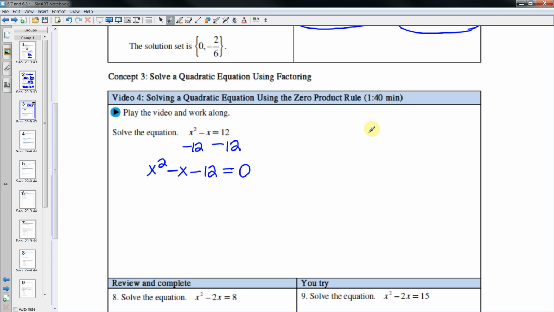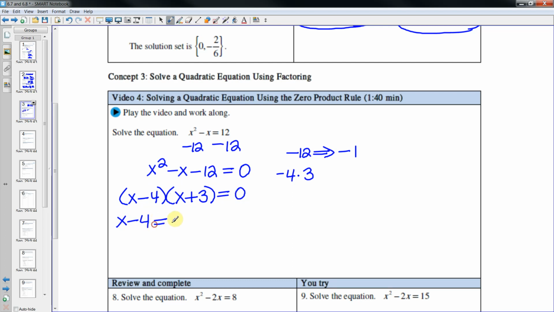Second step was factoring. So I need to find factors of negative 12 that add up to negative 1. And so that would be a negative 4 times a positive 3. Negative 4 times a positive 3 adds to get a negative 1, multiplies to get a negative 12. So if I'm going to factor this, I'm going to have an x minus 4 and an x plus 3 equal to 0. And now that I've got my two factors, I split that up and I take each factor, set it equal to 0,